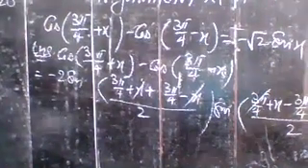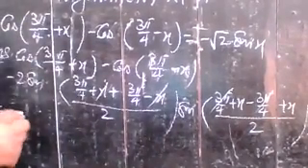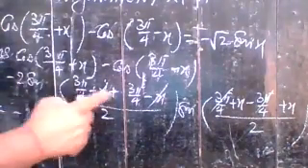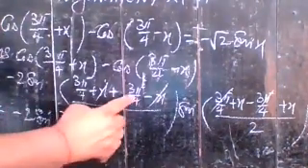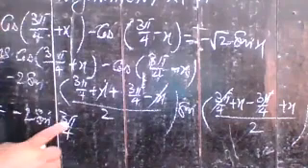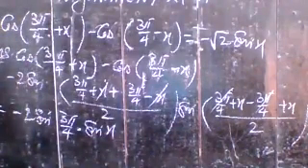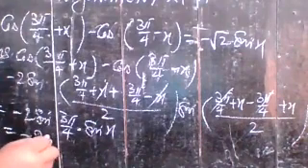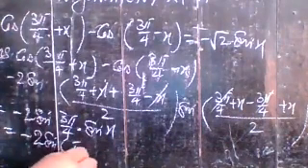And simplifying it. So that is written as minus 2 sine of 3 pi by 4. Just check it. 3 pi by 4 plus 3 pi by 4 means 2 times 3 pi by 4, by 2. So 2 and 2 cancel out. You have 3 pi by 4 into sine 2x by 2. So that is sine x. Now here you want to find the value of sine 3 pi by 4. So 2 sine, yes, 3 pi by 4 can be written as pi minus pi by 4.